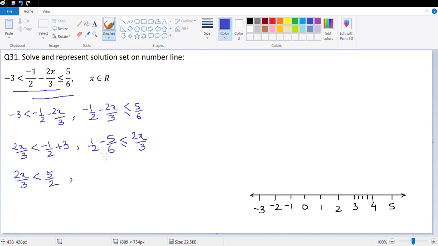And the LCM would be 6, so this is 3 minus 5 upon 6 is less than or equal to 2x upon 3. So this would mean x is less than 5 into 3 upon 2 into 2. And this becomes 3 minus 5, that's negative 2 multiplied by 3 upon 6 into 2. The 2 and 2 get cancelled, 3, 1, 3, 2. So this is negative